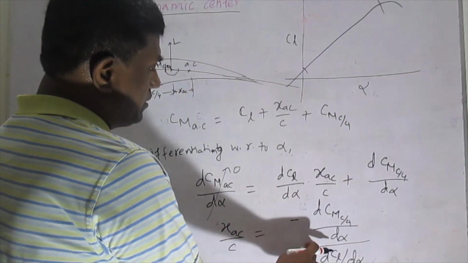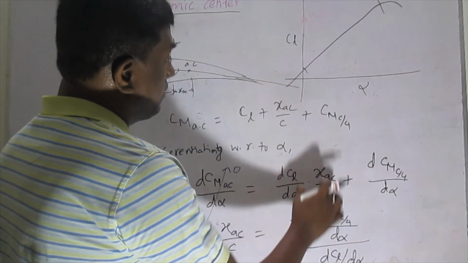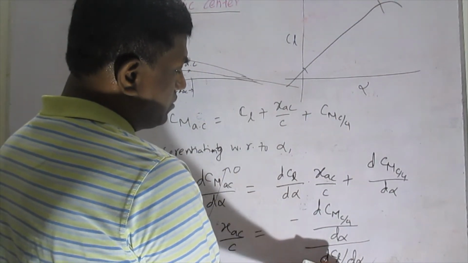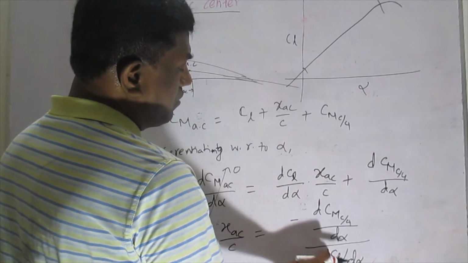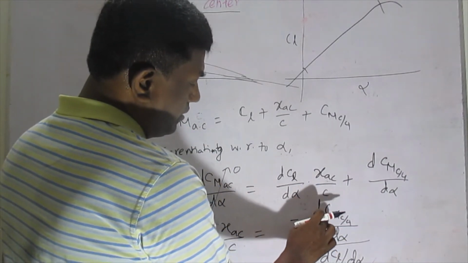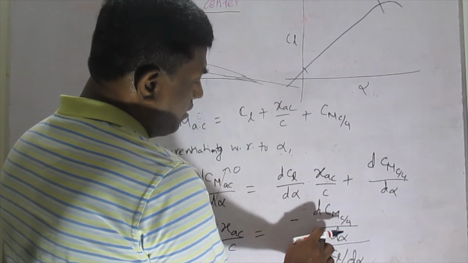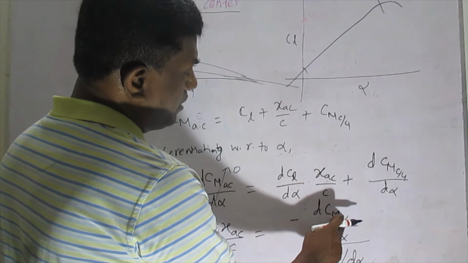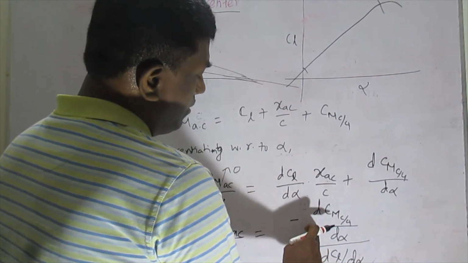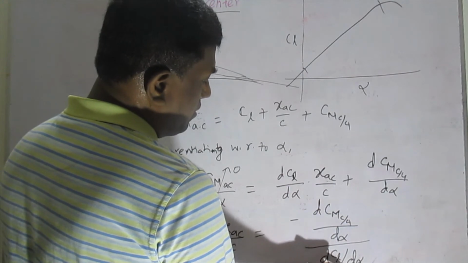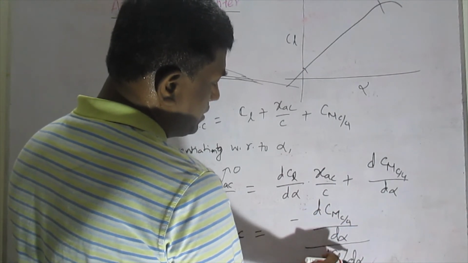So within the linear portion, these two values will not be changing. That means the angle of attack with respect to the C_M at the quarter chord point will be fixed, and